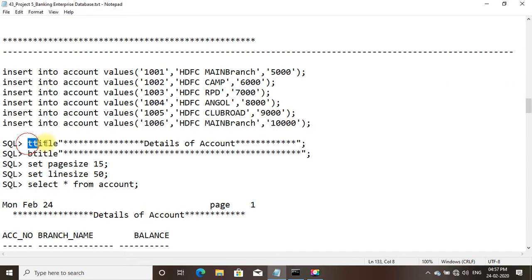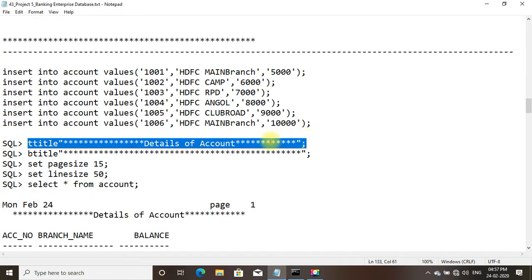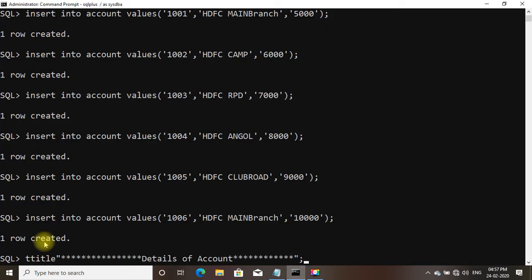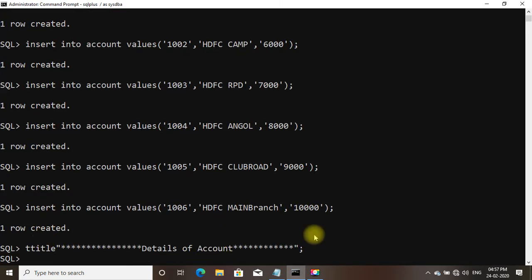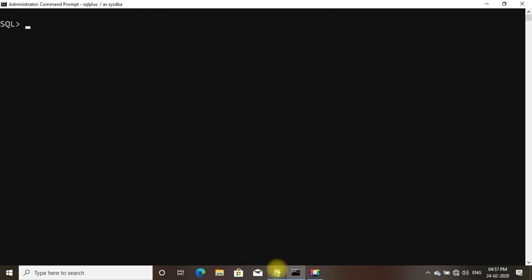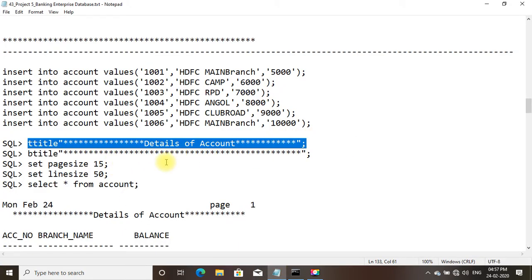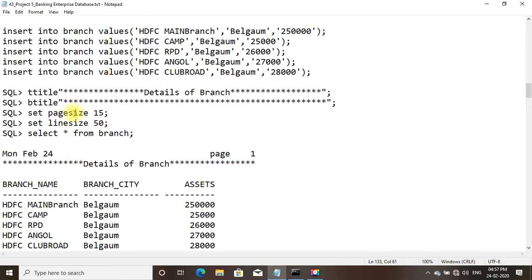Now we shall do the t title. CLSCR, clear screen. We can skip the bottom title because it is the same. We can also skip the set page size 15 and set line size 50 because it is already done.